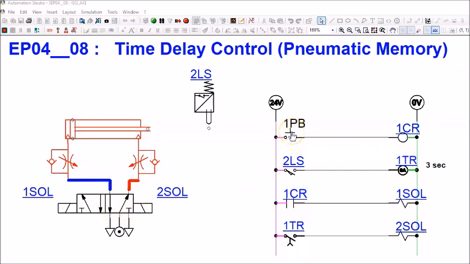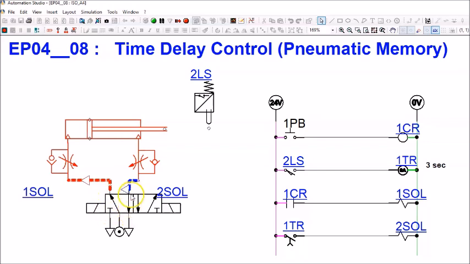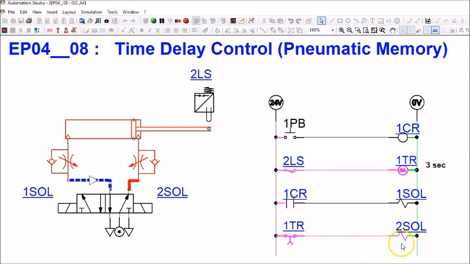So let's take a look. When I press 1PB, 1CR is energized. 1SOL is energized momentarily, and the cylinder is extending. Once it reaches 2LS, it will become normally open held closed. As you can see over here, the timer relay will be energized. The contact will be switched on 3 seconds later. So 3 seconds up, solenoid